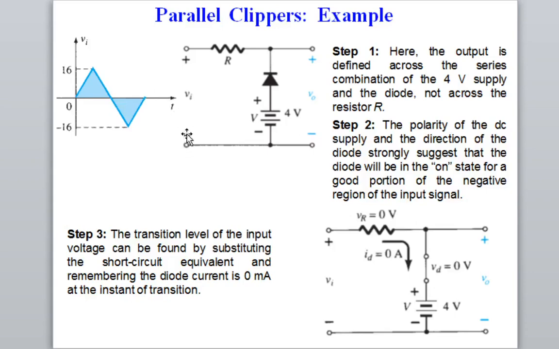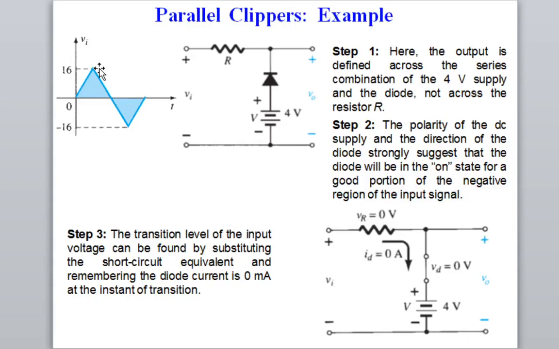Again, if you go for the negative half cycle, this is plus and this is minus, and this is minus and this is plus. So this will behave like a series voltage. So for the negative half cycle, your diode will be completely in forward bias. For the positive half cycle, the diode will be in forward bias till a few volts, and for the negative half cycle, the diode will be completely in forward bias for the whole negative cycle. So you have to find out the transition level first, by the method I have explained earlier.